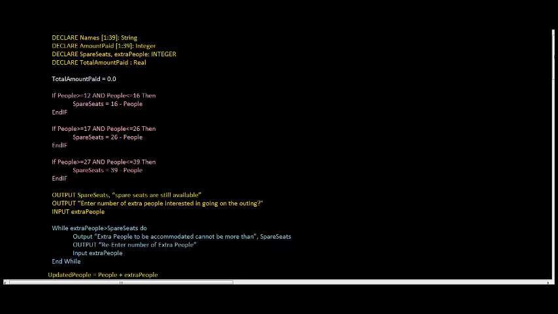Okay, so this is our solution in pseudocode, right? And let's take a look at what we've done. The first few lines that you see, these are the declarations. This is where I have declared the variables, and you can see I have declared 2 arrays. One array I have declared to store the names of the people, and this is what I have written here, right? Declare names 1 to 39